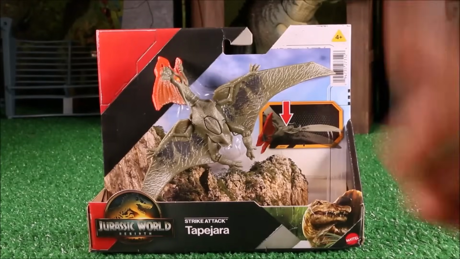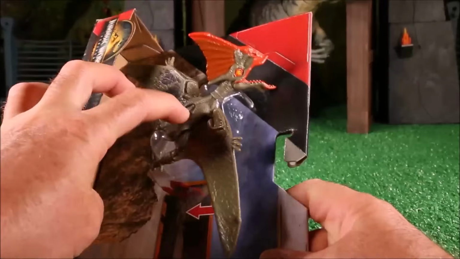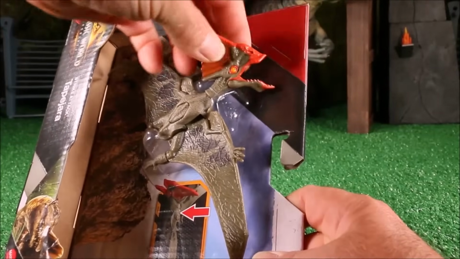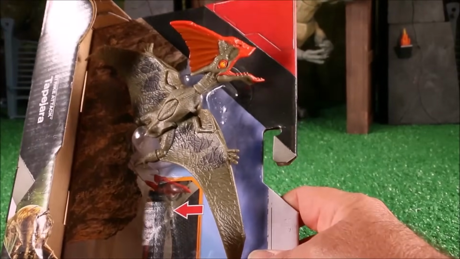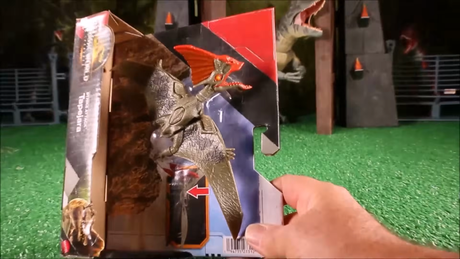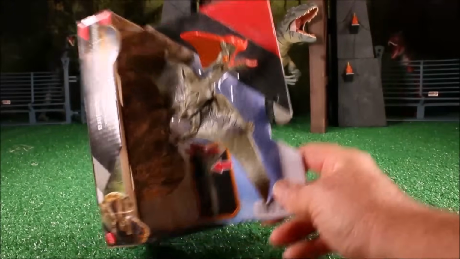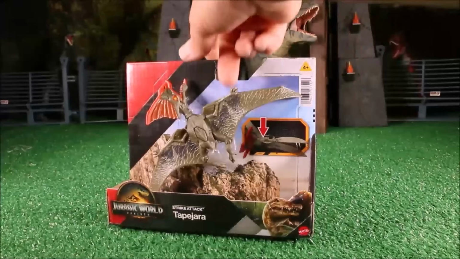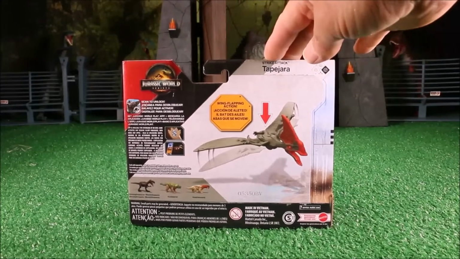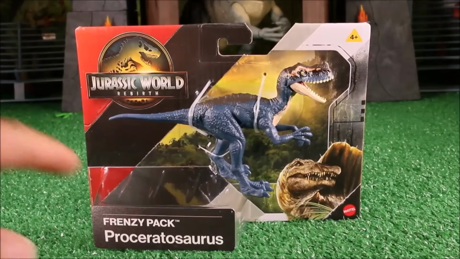Okay, Strike Attack Tapejara. So it's got wing flapping action. It's got a really ugly looking face and head. I mean, just look at that dino. Its mother is probably scared of it. If I saw that thing coming, I'd be running for my life. It says it has wing flapping action. Cool. Okay, we got the Frenzy Pack